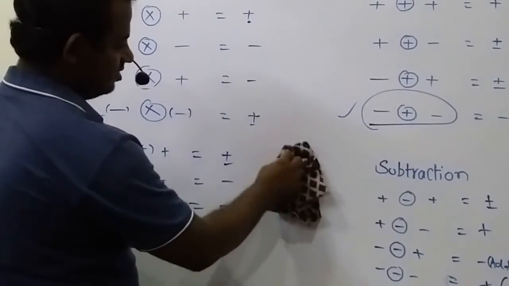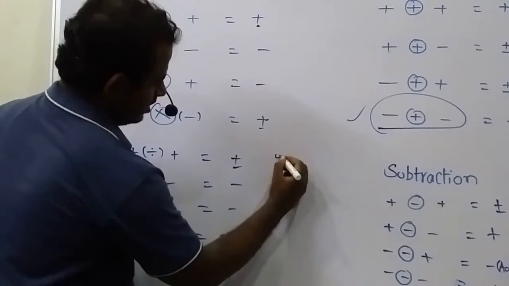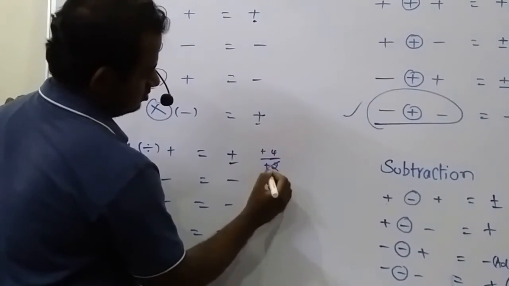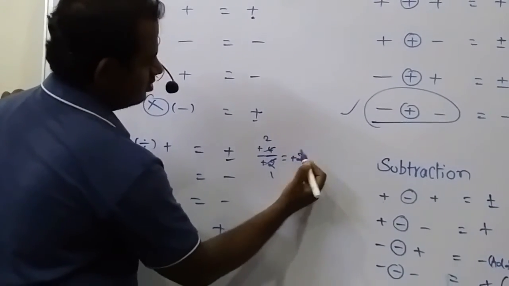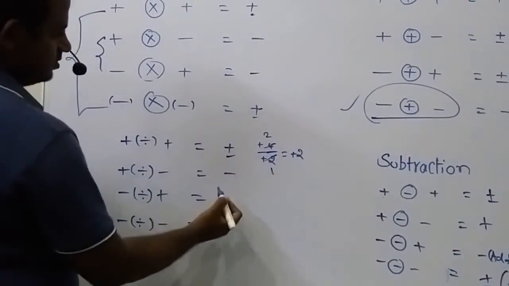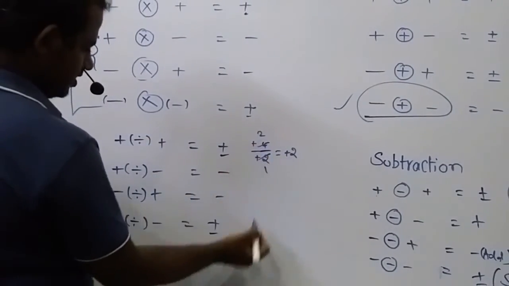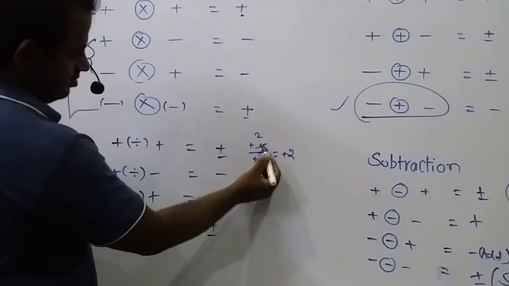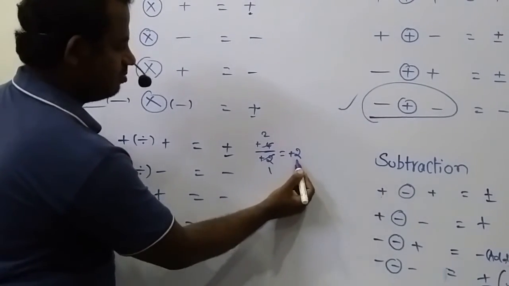In addition, subtracting fractions, we will come across this kind of thing. Suppose I am dividing two positive numbers: 2 ones are 2, 2 twos are 2... The answer will be plus 2 or just 2, both are the same. So this is that case. When you are dividing two numbers of the same sign, either both positive or both negative, we will get the positive result only. Suppose you take plus 4 by plus 2: the answer will be 2 or plus 2, both are the same.